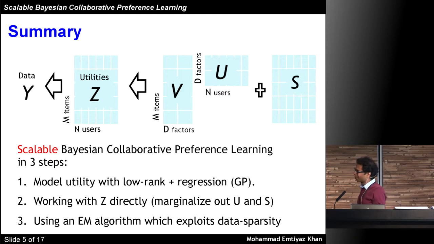we introduce some other problems, but we design an expectation maximization algorithm to learn the matrix V, and we bring in efficiency by exploiting the fact that the data is sparse. Okay? All right, so this is not very hard to remember